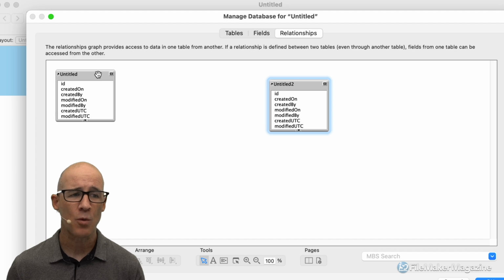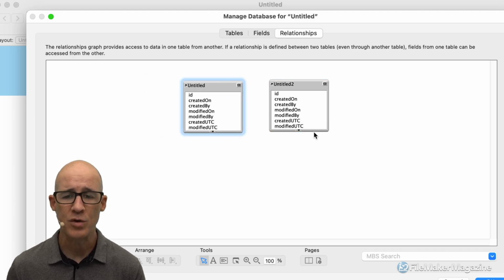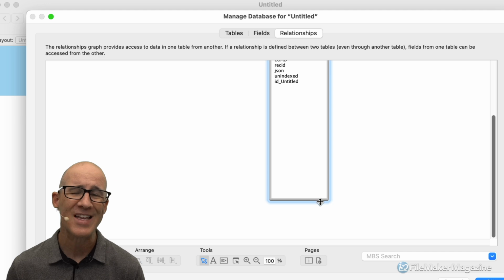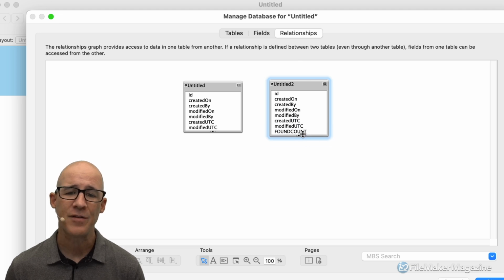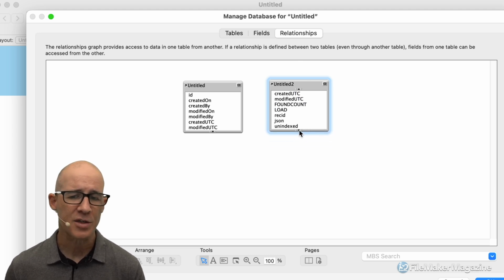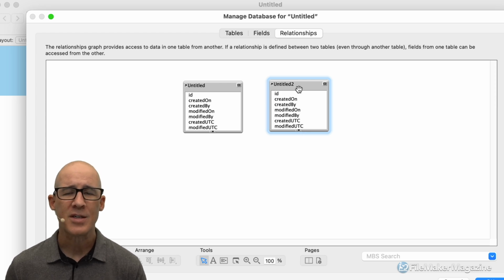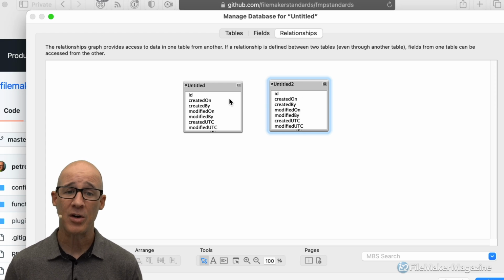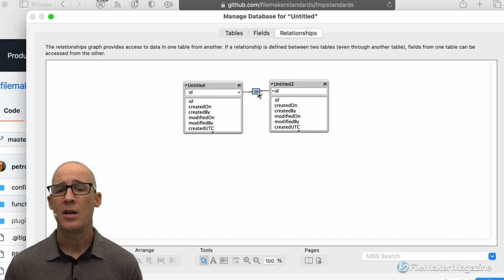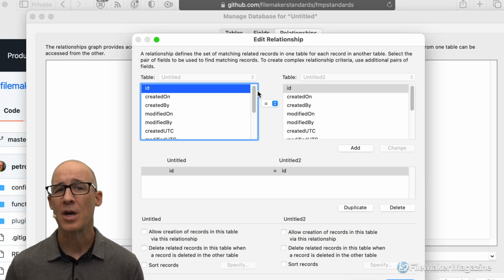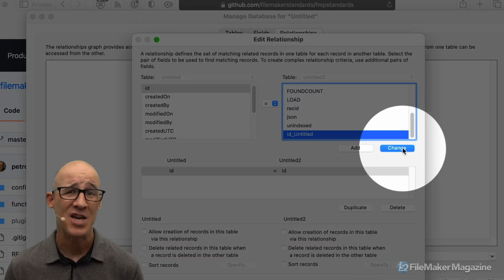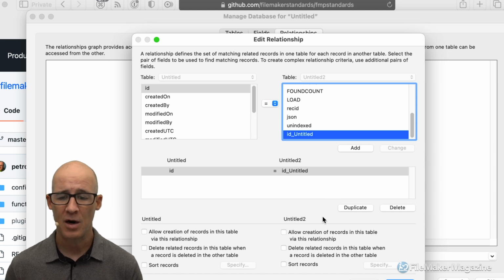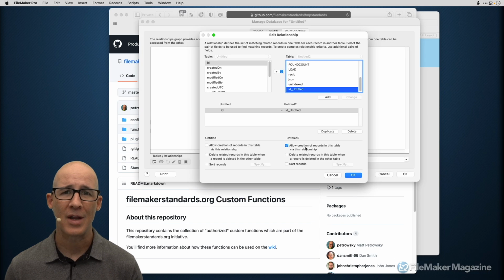In the relationships, a lot of the times, if you have a long list of fields and you don't see the field, this is a FileMaker developer tip if you're not used to it. You do not have to click this little thing and scroll or do anything. The best way when you're an advanced FileMaker developer is to simply drag and connect anything, because you can always double click the relationship, scroll to the field that you want, and click the change option. So changing that there and then clicking allow creation is going to allow me to create my related records,